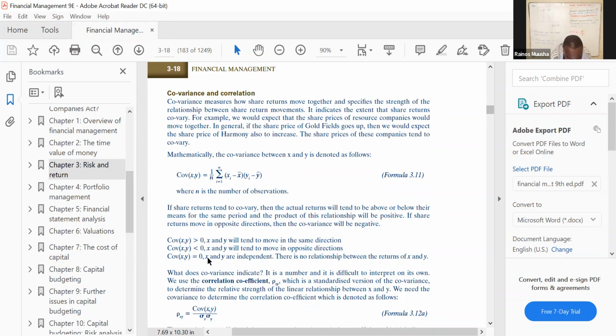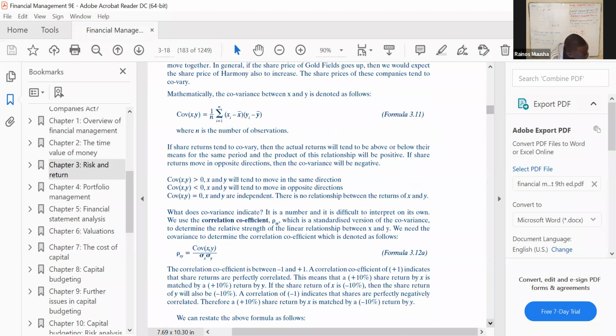So here they say when your covariance is greater than 0, it means X and Y will tend to move in the same direction. When your covariance is less than 0, it means the returns of X and Y move in what? Opposite directions. And when your covariance is 0, it means that the returns of X and Y are generally independent of each other. Then we look at the concept of correlation, where we say your correlation is given as